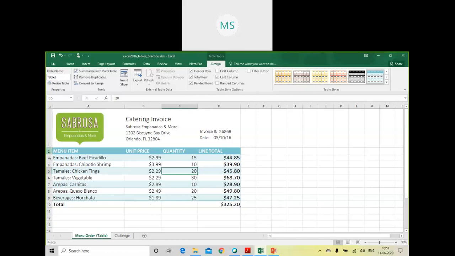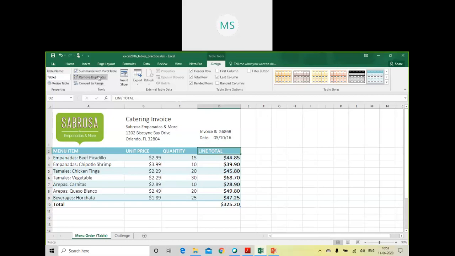Automatically, the moment you insert your total row, the final amount will be calculated. See, it has not calculated the total for unit price and quantity. It has only done it for line total, depending on the column name. Accordingly, it has done that automatically for you and prepared the total. So these are some different options which you all can make use of.